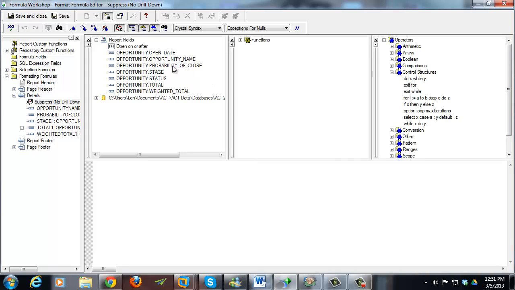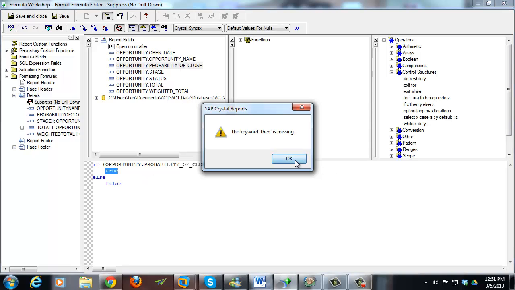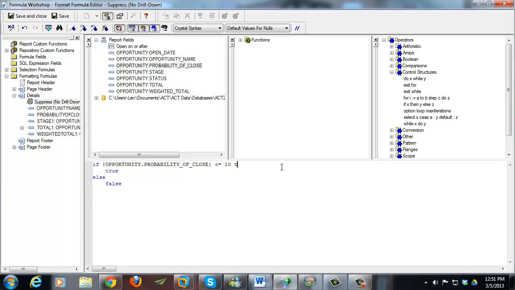Okay, so I'm going to say if probability of close is less than or equal to 10, true, else, false. And again, if I want, I can change this. I don't think I'm going to have one where the probability of close doesn't exist, but if there is a null value for that now, it's just going to return 0 instead. Okay, just making my report a little bit more bulletproof. I'm going to put the word then,